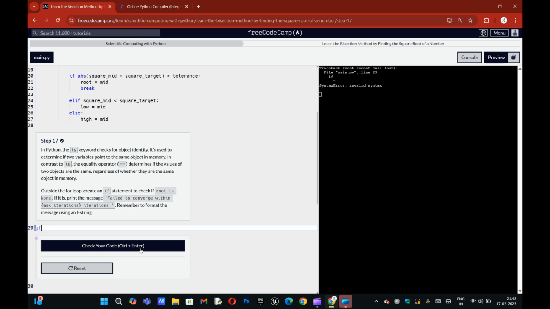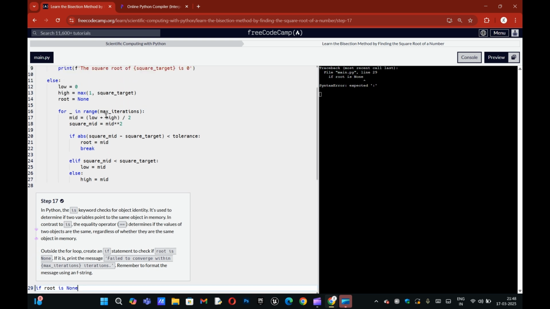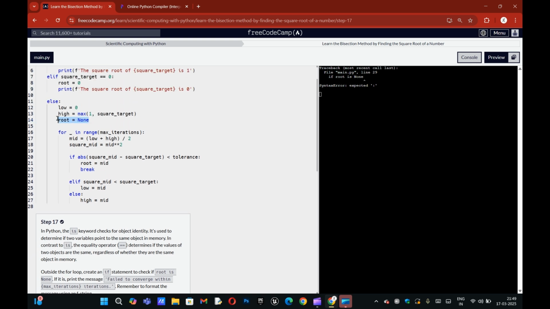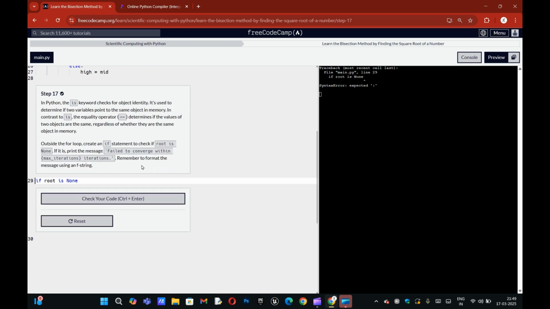So now outside the loop create an if statement to check if root is still none, because at the starting we set it, and if it's still none, we'll do an error, which means we couldn't find the root somehow.